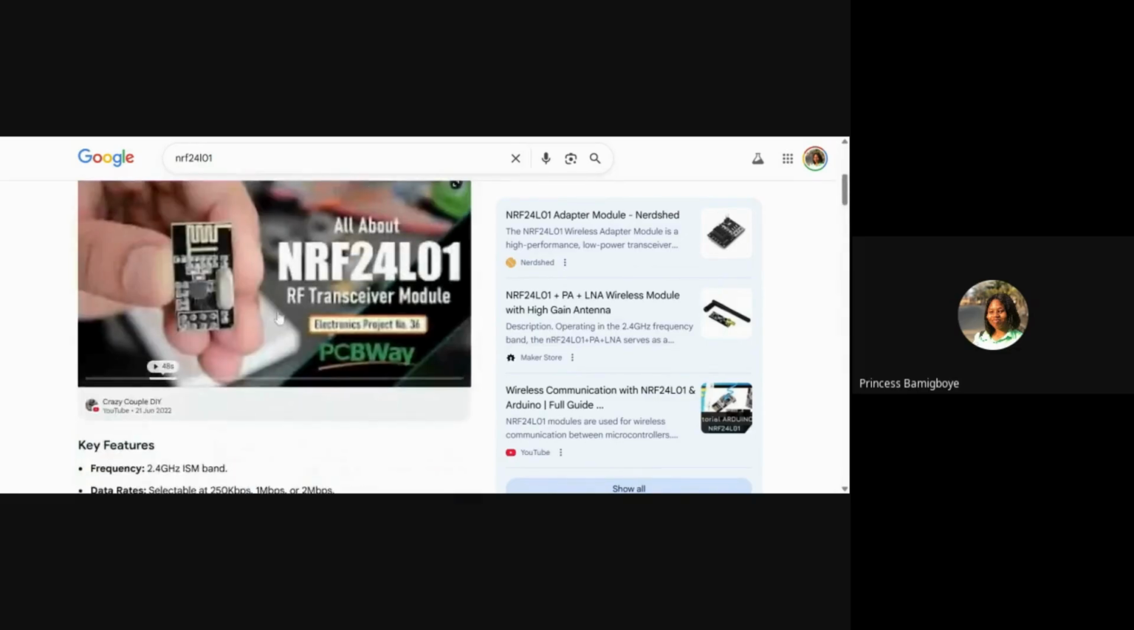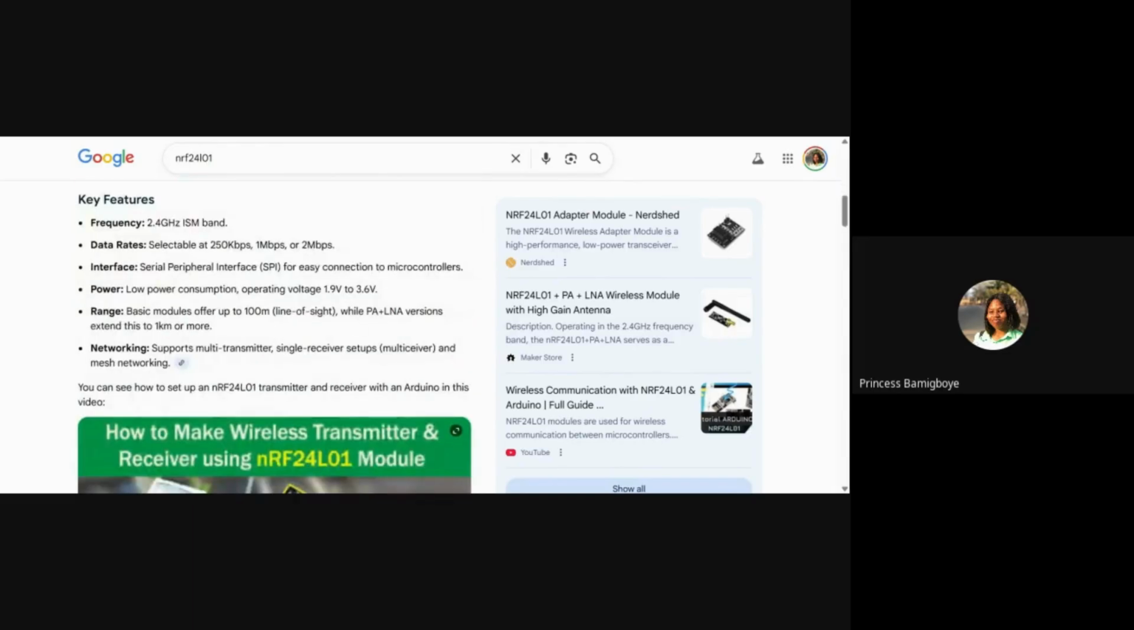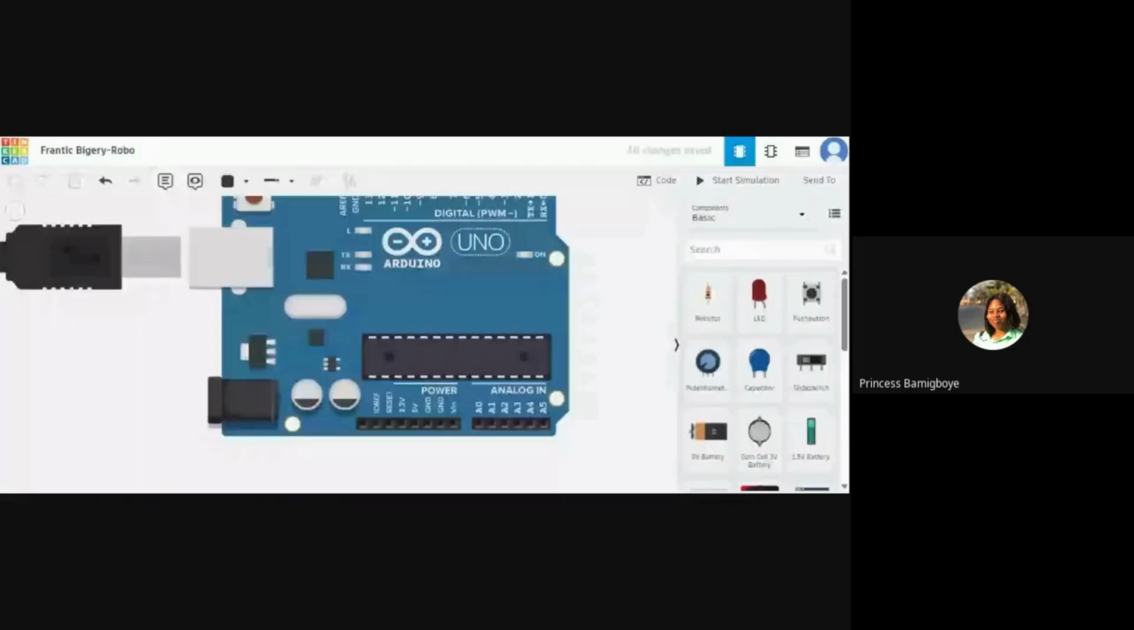So in this case, for the NRF 2401, this is a radio frequency transmitter and receiver. Yeah. So operating voltage is 1.9 to 3.6. So in this case, we were going to use 3.3 on the Arduino. Another example is